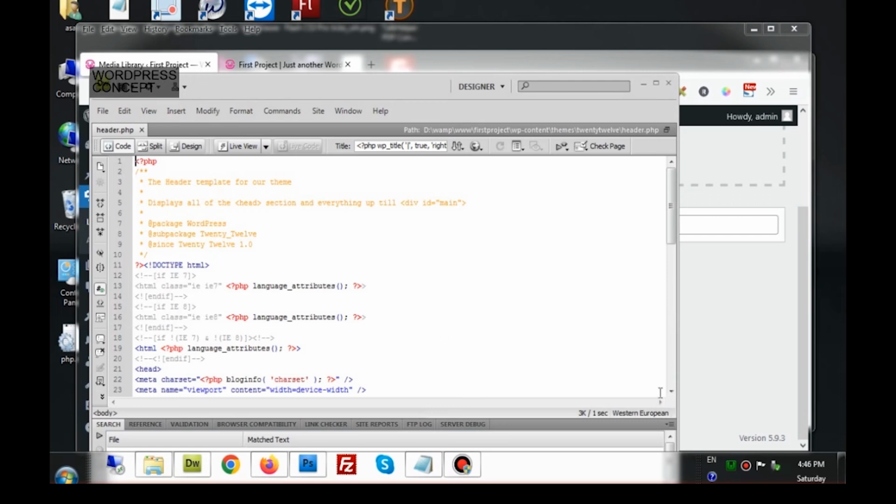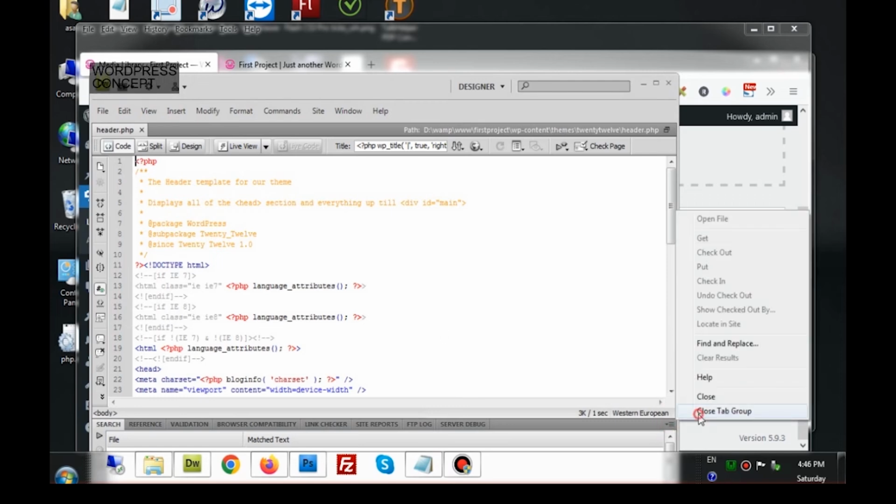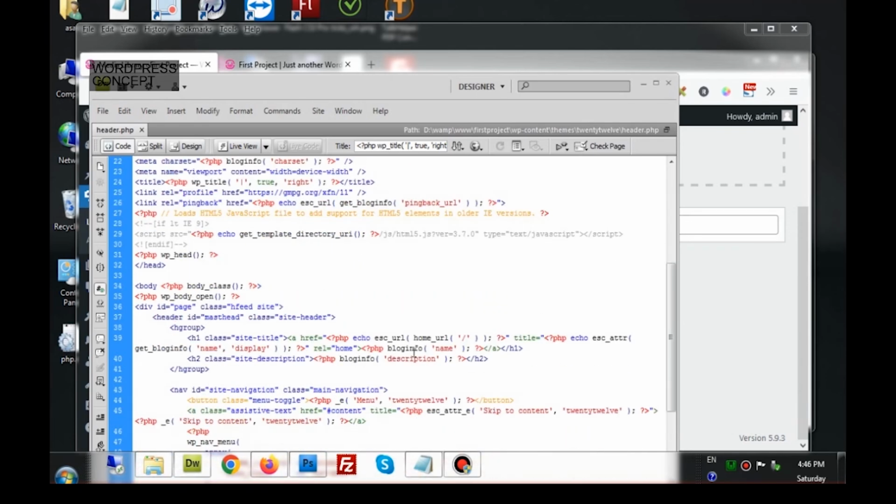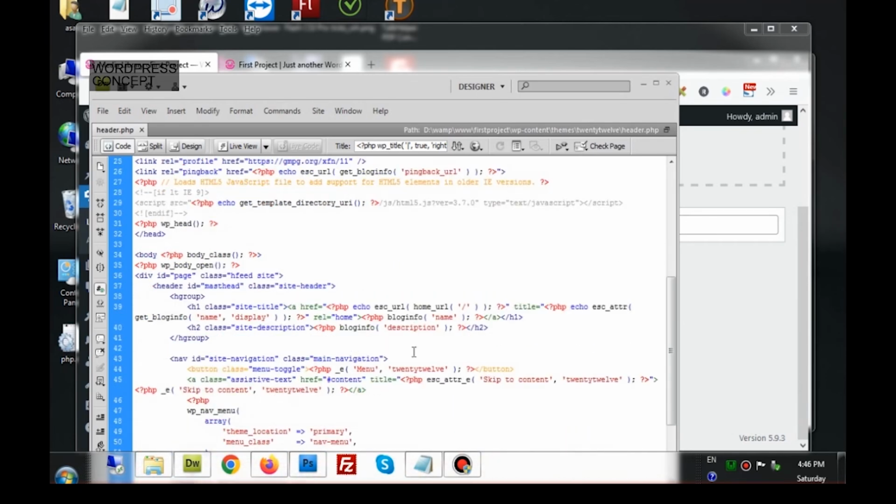Okay, in Notepad, as I previously opened, the code was not that visible. Now I can see here is my code, and I have to place my logo image here somewhere. So if you know HTML, it will be easier for you to locate the place where you have to put it, but let me give you a simple idea.